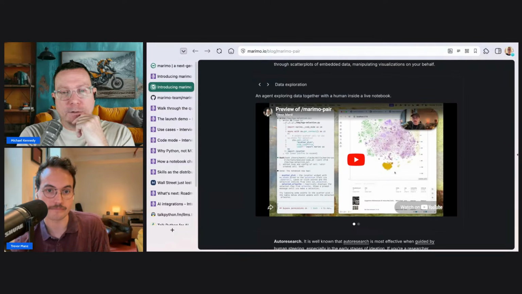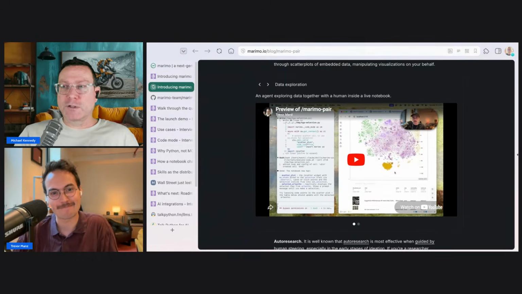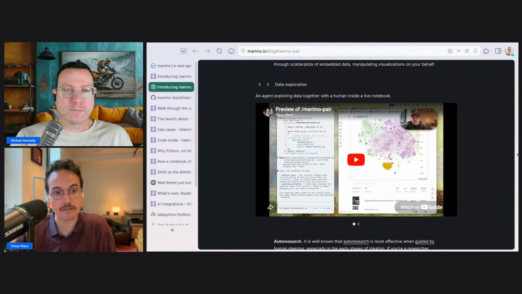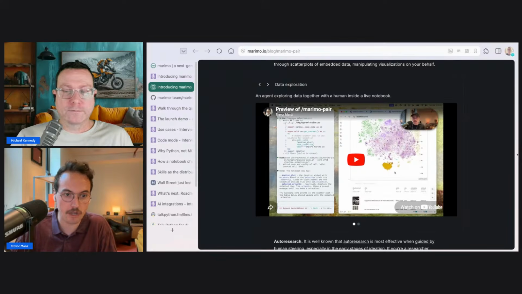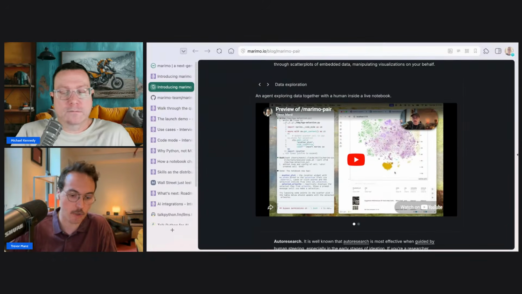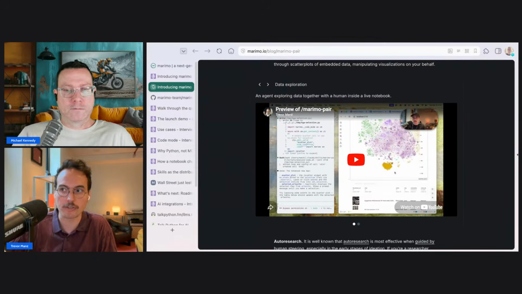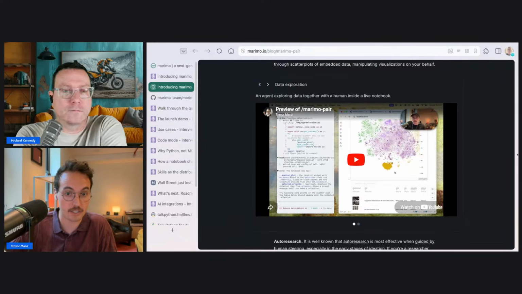Interesting. Okay, so how does it get inside the notebook? Do you have to change your code or include something? Yeah. So the setup is essentially an agent skill that you can install. If you're using something like Claude Code, you can install it from the Claude Marketplace. You can install from Codex from a marketplace as well, or you can use an npx command to install a skill from GitHub.